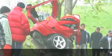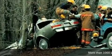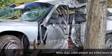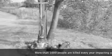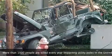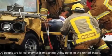Trees and utility poles are very often located very close to the roads, and unfortunately drivers make mistakes near these trees or utility poles, causing serious accidents with fatalities or serious injuries. In the United States alone, more than 1,000 people are killed every year impacting utility poles. These impacts are violent because it is a single point of impact, resulting in very, very violent results